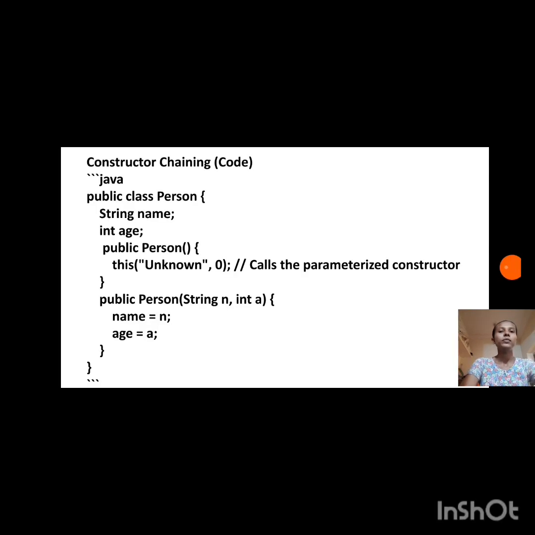Constructor chaining code. Java: public class Person { String name; int age; public Person() { this("Unknown", 0); // calls the parameterized constructor } public Person(String n, int a) { name = n; age = a; }